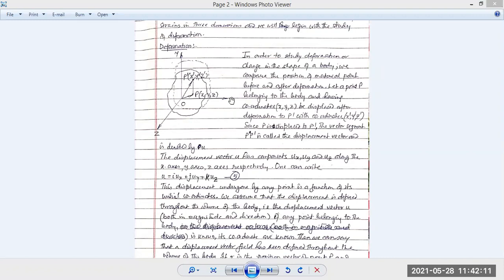Now P is deformed. After the deformation, P takes the form P dash, which has coordinates X dash, Y dash, and Z dash. Okay? In the same Cartesian coordinate system itself. Now, what we are saying is that the point P is displaced from here to here. It moved. It was here originally, it went here. Right? So it is displaced, and a displacement takes place.